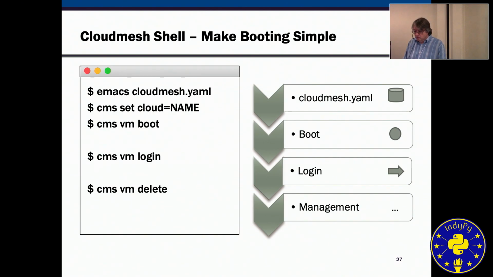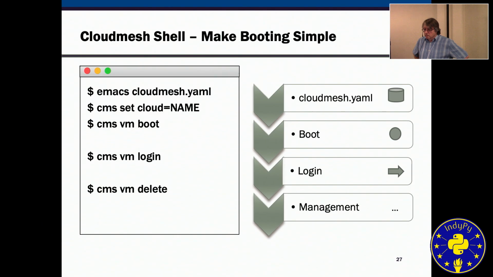And then in case you want to manage the virtual machine, you can say CMS VM delete. As you see, there's no specification of any name for the virtual machine, which is for the user completely unimportant, right? Because he wants to have a virtual machine. This is a one-off example. So CloudMesh saves the name of the last started virtual machine, and I can actually do all these commands without me remembering that name. Completely unimportant for me. I can naturally specify the name as a parameter to any one of these things in case I have multiple ones.